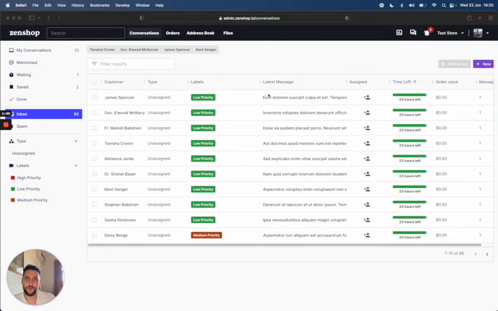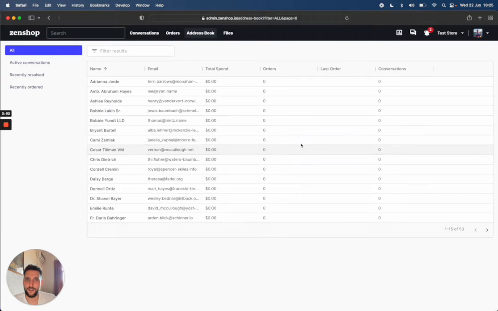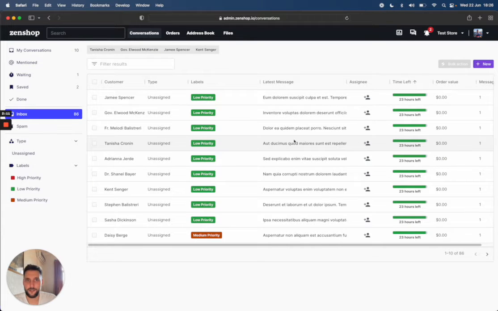There's a whole bunch of different topics that I'm tackling right now, but they can be broken down into two main sections. One is read performance, and the other one is write performance. So read performance is when, for example, I'm clicking on a tab here, and then I'm reading from the database. So here, for example, I've loaded up some customers. And here, for example, I'm just loading up conversations. Now,